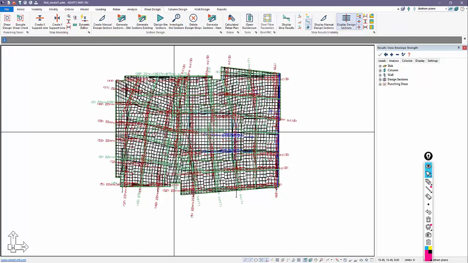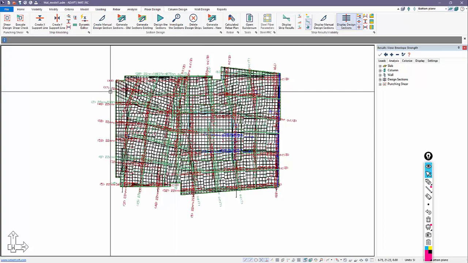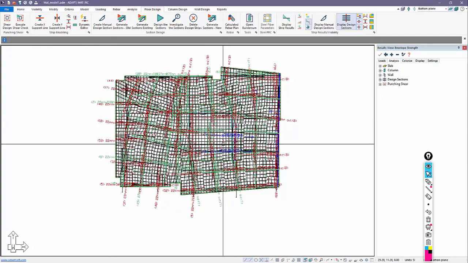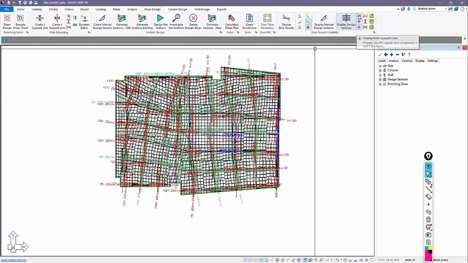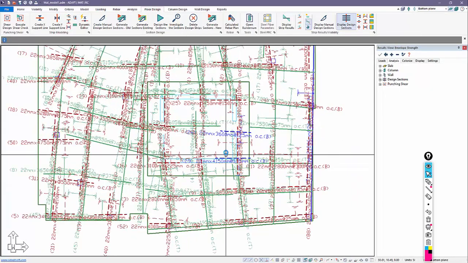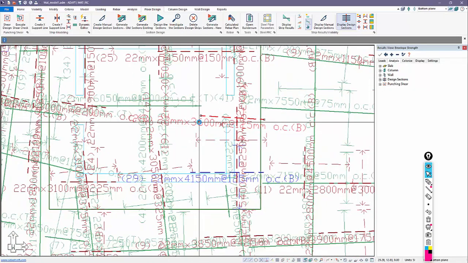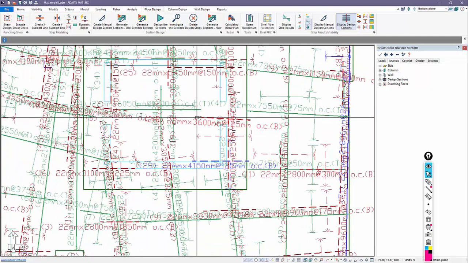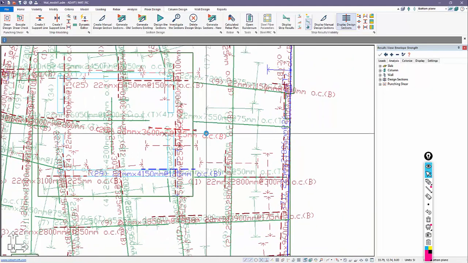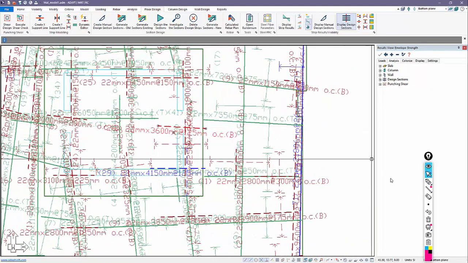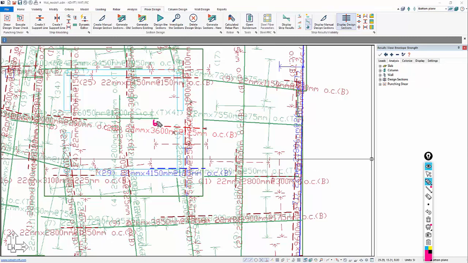The green rebar is rebar that is placed at the bottom of the slab. The red rebar is top rebar. Blue rebar could be either. Blue rebar indicates, and let me turn off the design cuts, and we'll just take a look at this bar here. Blue reinforcement indicates that the bar is extending through two different thicknesses of components, basically. So you can see this bar starts here in the 600 millimeter thick slab, and it actually ends in plan, it ends in the 450 millimeter slab.